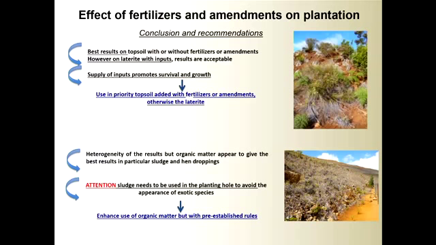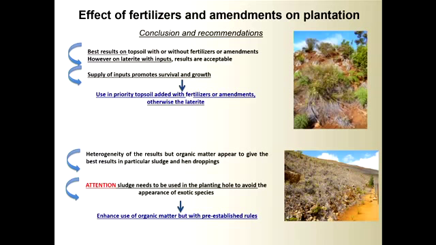Otherwise, laterite is still a solution added with inputs. It also appears that organic matter gives better results and has to be encouraged, but with clearly established rules. For example, sludge needs to be used in the planting hole instead of being sprayed to avoid the appearance of